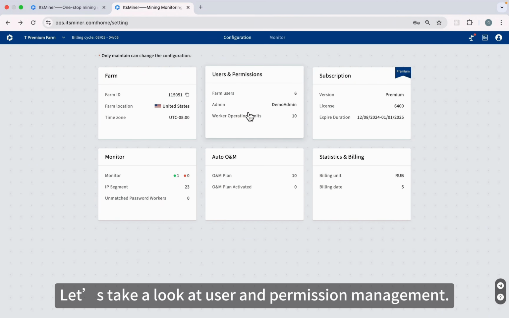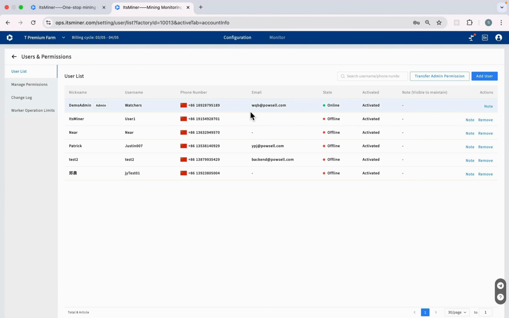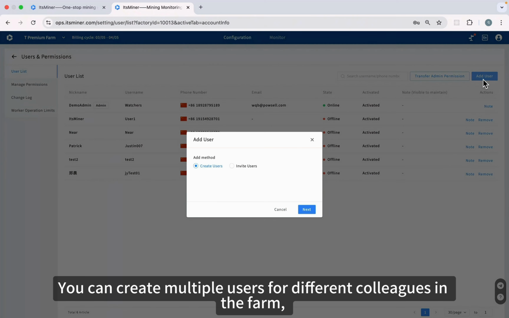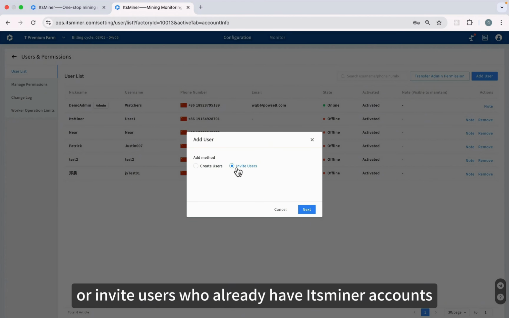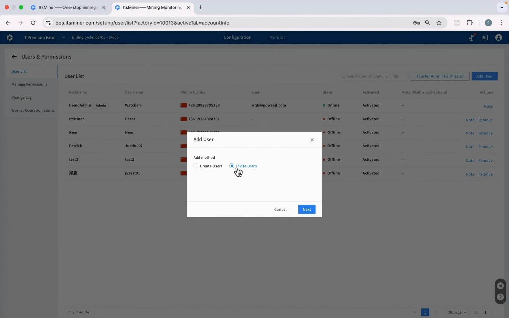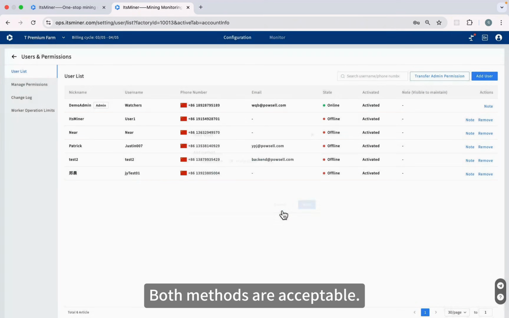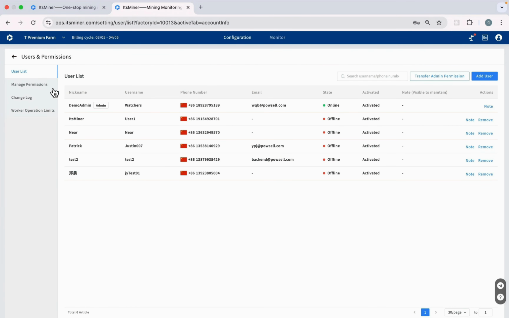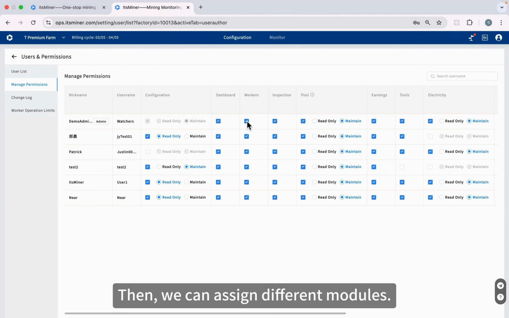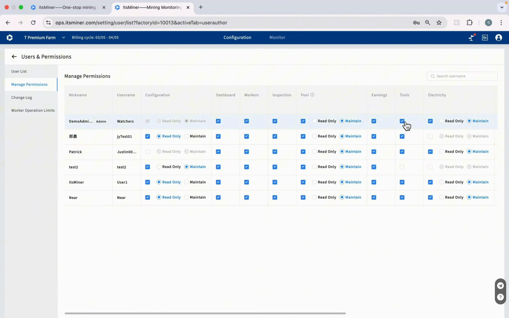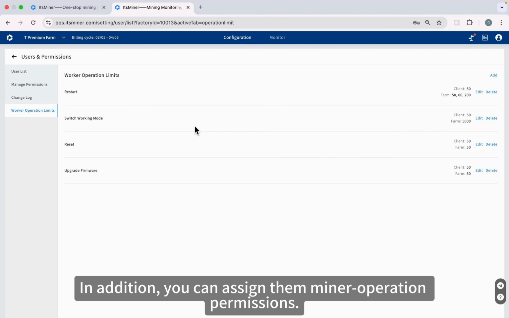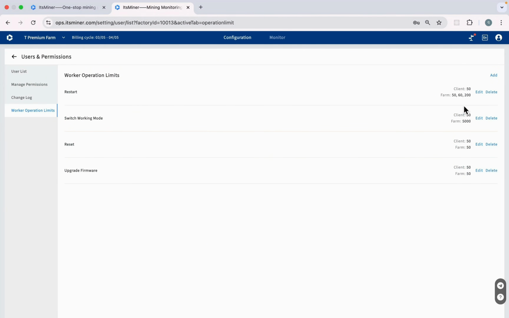Let's take a look at user and permission management. You can create multiple users for different colleagues in the farm, or invite users who already have ItsMiner accounts. Both methods are acceptable. Then we can assign different modules. In addition, you can assign them miner operation permissions,